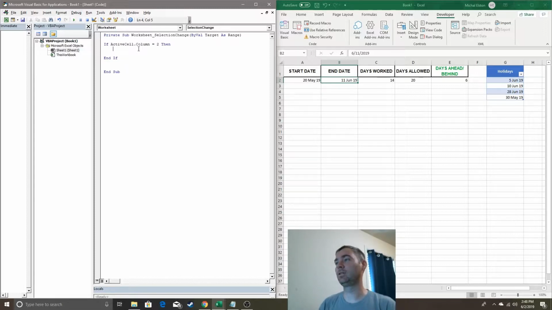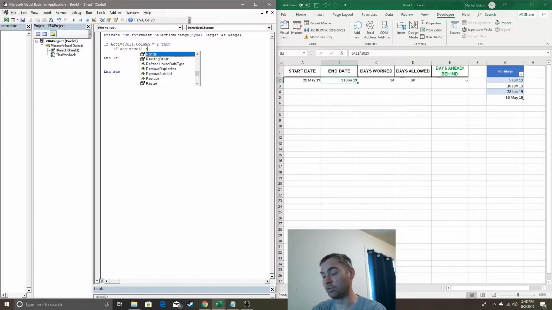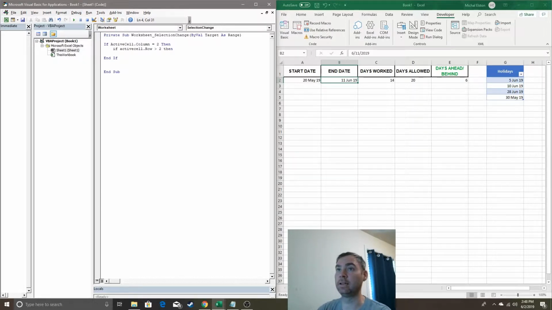Now what? Okay. If active cell dot row is greater than 2, then, I'm going to put my End If here so I don't forget it. So now what am I saying? If it's in column 2, and if the row is greater than 2, meaning here or lower, now what? I want it to